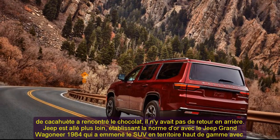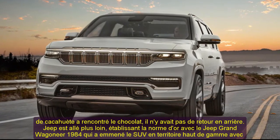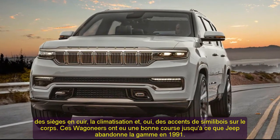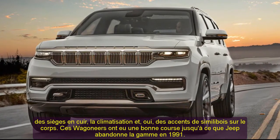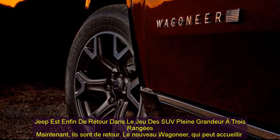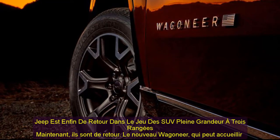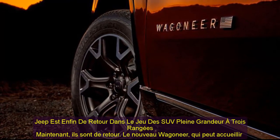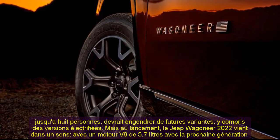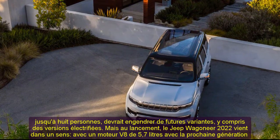Now, they're back. The new Wagoneer, which seats up to 8, is expected to spawn future variants, including electrified versions. But at launch, the 2022 Jeep Wagoneer comes one way, with a 5.7-liter V8 engine with the next generation of the Ram 1500 pickup truck's available eTorque 48-volt mild hybrid system. It generates 392 HP and 404 lb-ft of torque